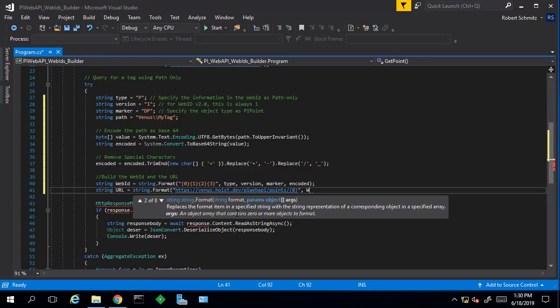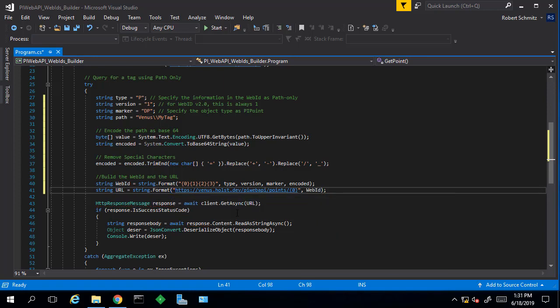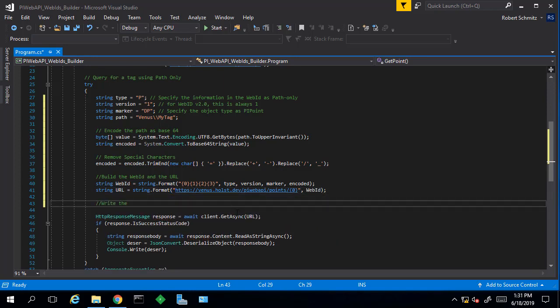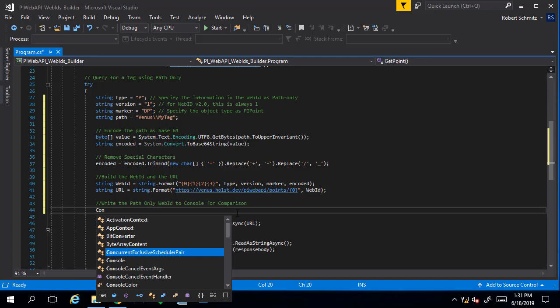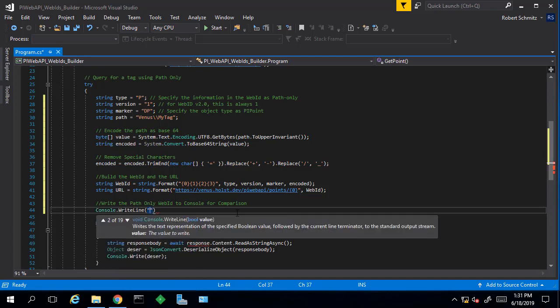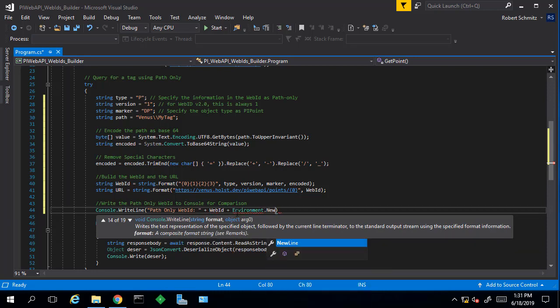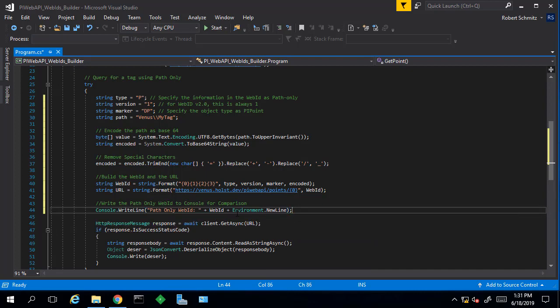I'll also be adding this write to console line here so that we can compare the path-only WebID to the full WebID. I have a deserializer here so that we can see the response returned to us once the request is complete.